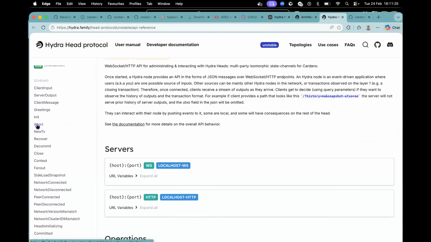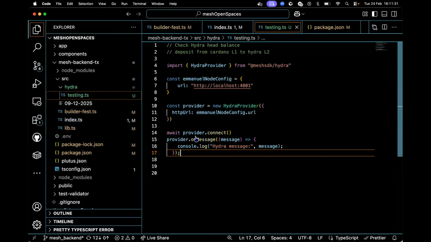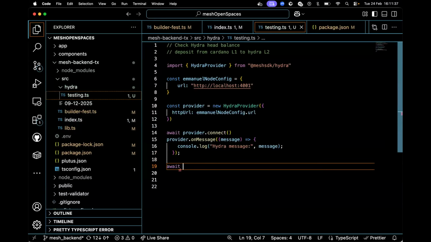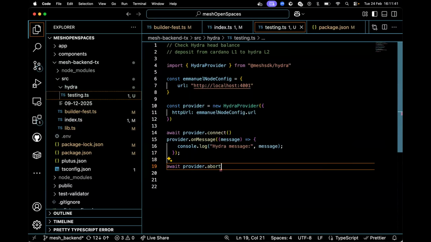After init, we can also abort. For example, right now, I can try to abort. Let me see. If you abort, that means you're closing the Hydra head permanently and all the value will go back to the mainnet, to the Cardano layer 1. What value? You didn't even send any value. No, basically,